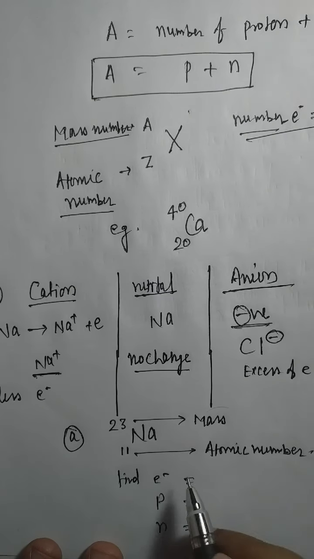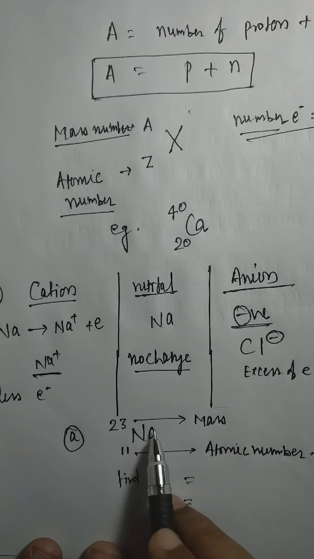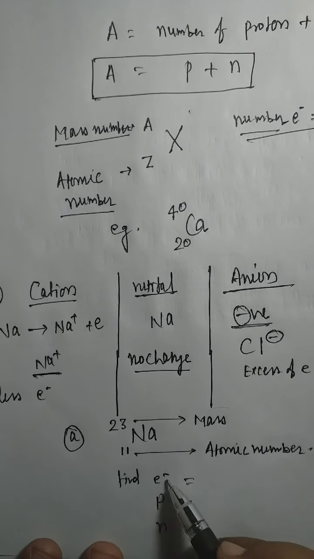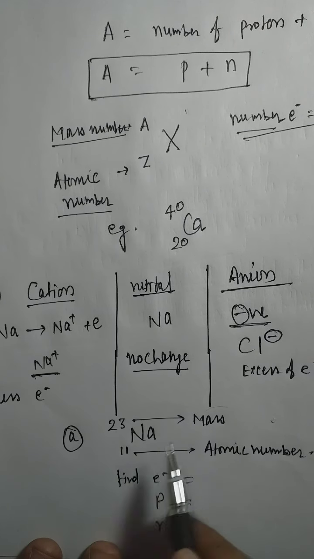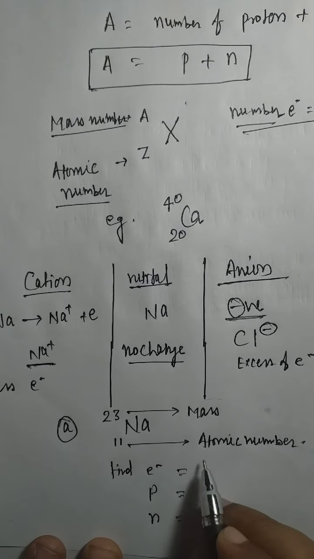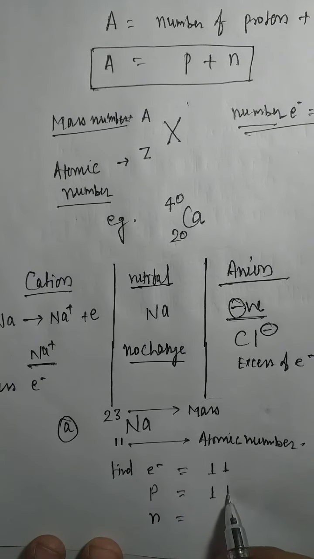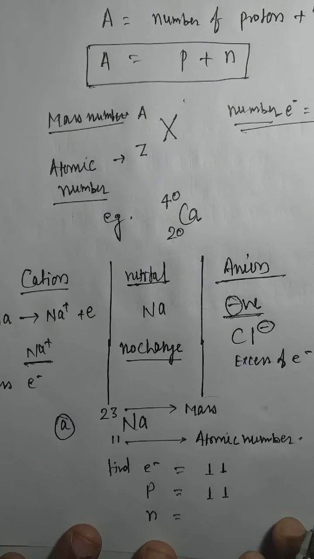These three microscopic units are being asked of us. Then what will we do? If it is a neutral atom, you find this element carries no charge, no positive, no negative, so it is a neutral element. So the number of electrons and protons are perfectly equal. What is the number of protons? This is the atomic number, so the number of protons is 11. The same number of electrons also, perfect. And for the neutrons, we discussed in the formula that A is equal to proton plus neutron, right?